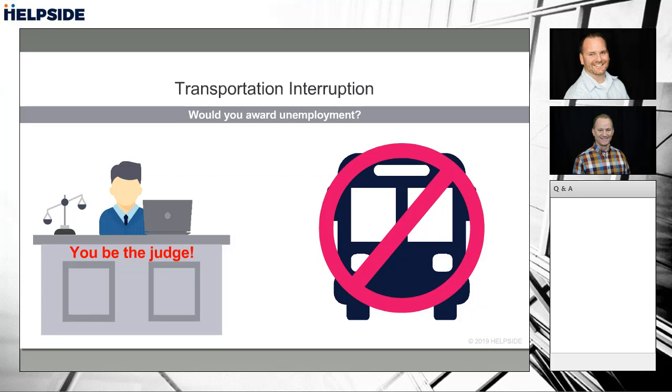So what I was going to ask is, a variation on this: what if a company moves its location and there isn't public transportation, or maybe they're moving 75 miles away and employees say, oh, I can't, I don't have a car to drive me that far? That's a whole different ballgame. Okay. And I like that. That's a very real question.